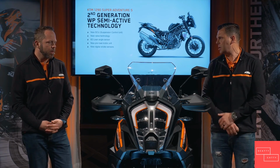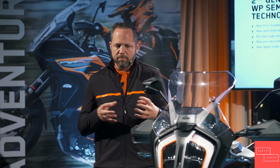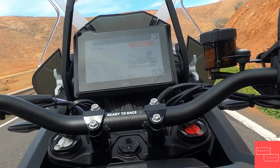Yep. What did we use in the past? Yeah, so now we use the 60 lean angle sensor as the central unit to handle all the motion capture of the motorcycle. In the past we had an accelerometer front and rear that would check what the chassis was doing. Another big benefit for us is you can now adjust the preload while you ride, and that's thanks to